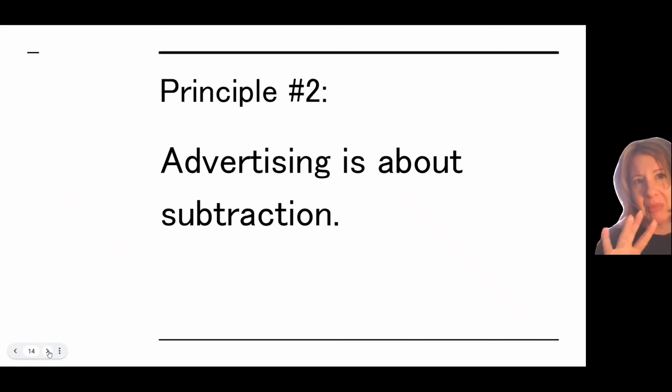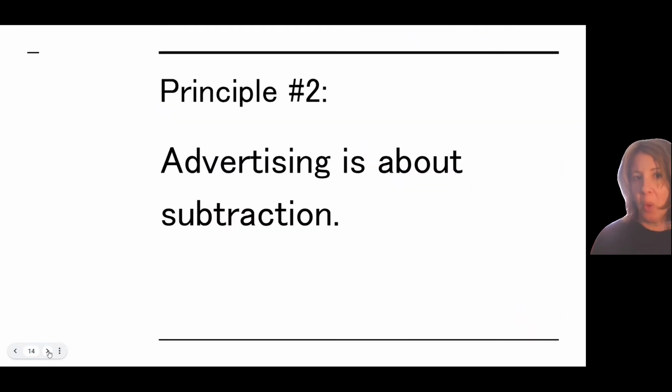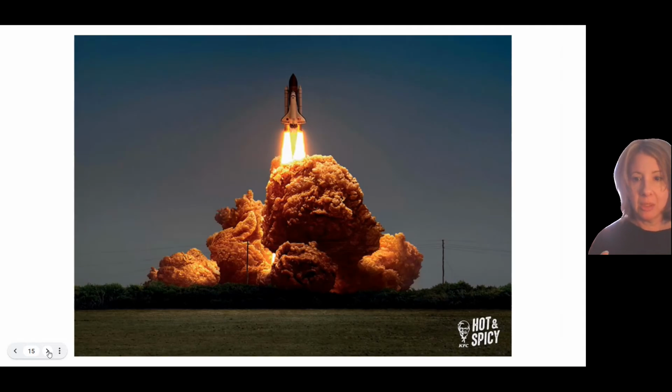So here are some ways to make things work better, right? So those previous ads, lots going on there, right? What if you take something out? So this, for example, for KFC, for hot and spicy, there's no copy here. You've got a rocket and the chicken is actually the clouds from when the rocket lifts off. You've taken something out, but the message is clearer for it.